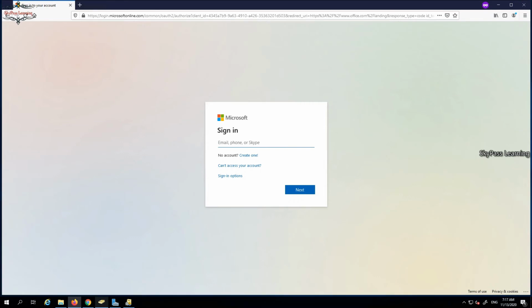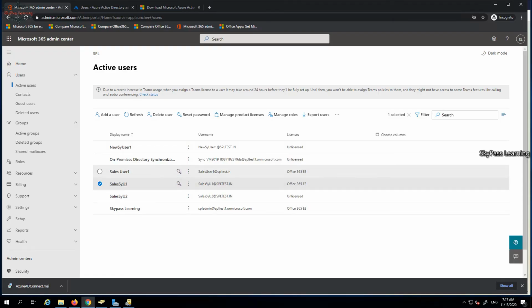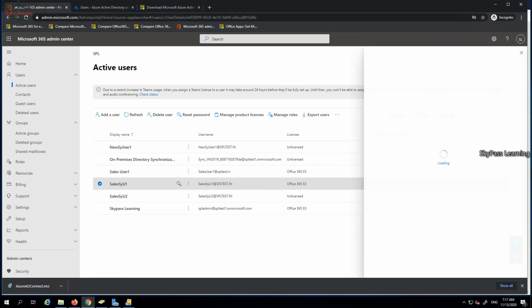Okay, that is sales SYU1, and I need to log in with the UPN, that is the user principal name. That UPN is sales SYU1 at spltest.in. I need to use this one.